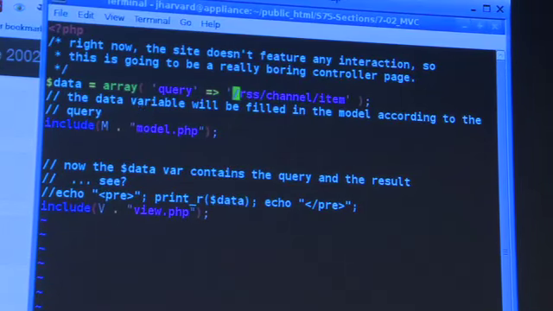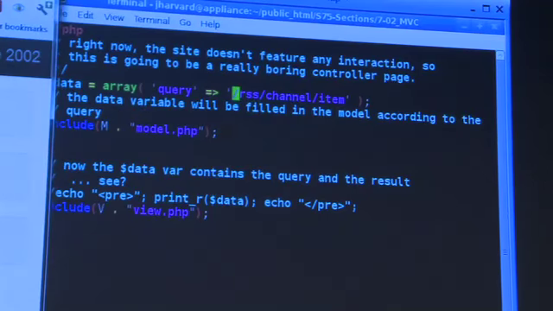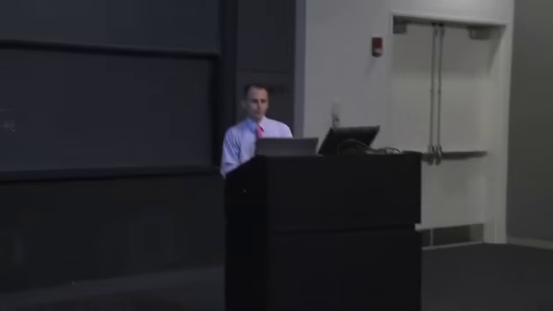And this is an XPath query. Has David talked at all about XPath yet and XML? In coming weeks, he will talk about XML and XPath. XPath is a way of navigating an XML document. And an XML document